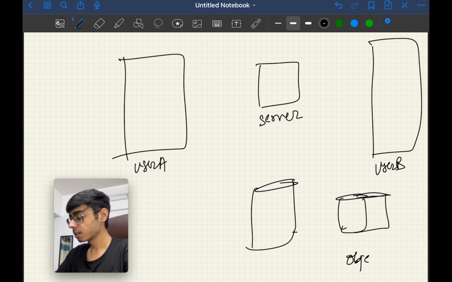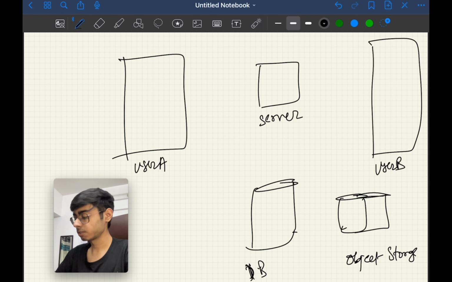Object storage is what? It stores files, it stores objects basically. This is my normal database. It can be MongoDB or Firestore, right? Now, this user A has to send an image to user B. As soon as I pick an image and I hit the send button,